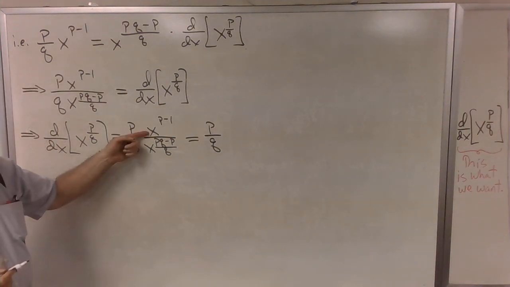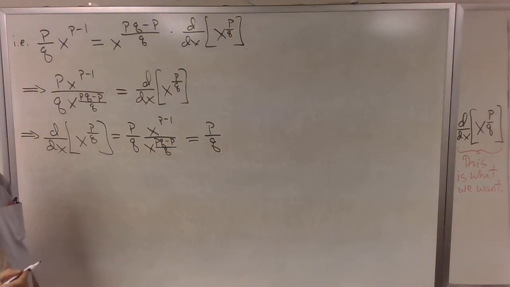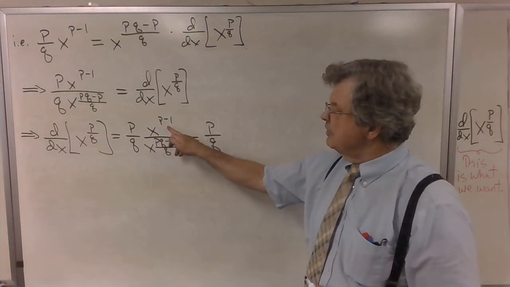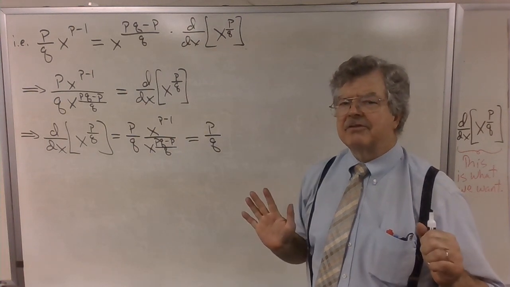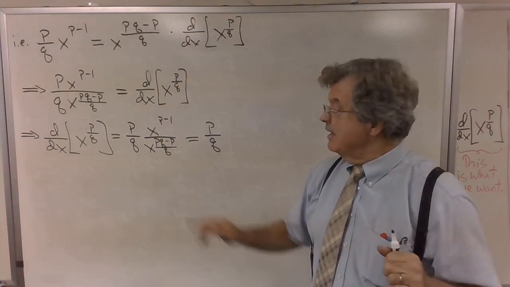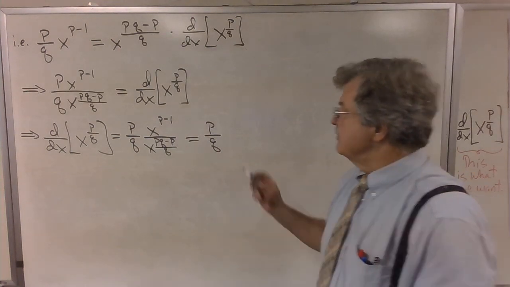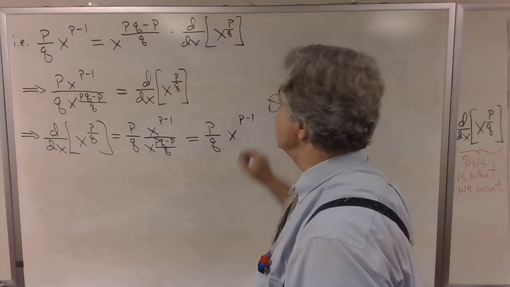I have x to 1 power being divided by x to a different power. What happens? In this case, don't the exponents subtract? This exponent minus that exponent. So we'll have x to the p minus 1